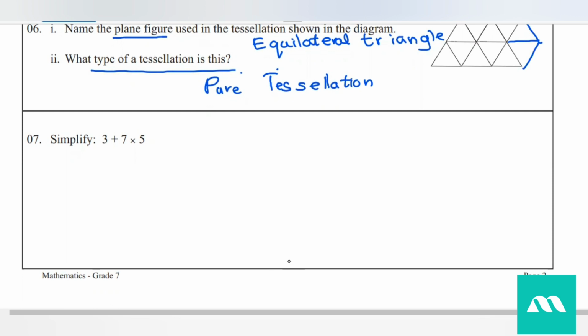Okay, now in the seventh question, simplify. Simplify means this is a long expression, and you have to obtain one answer for this expression. Here you can see there are two operations. When you have only one operation, it is easy to obtain the answer. But here there are two kinds of operations. When we have two or more operations, that means more than one operation, there is a priority. For this priority, actually,